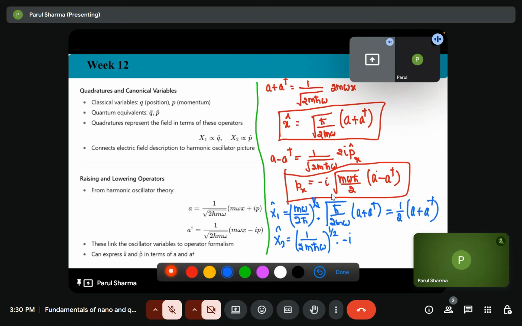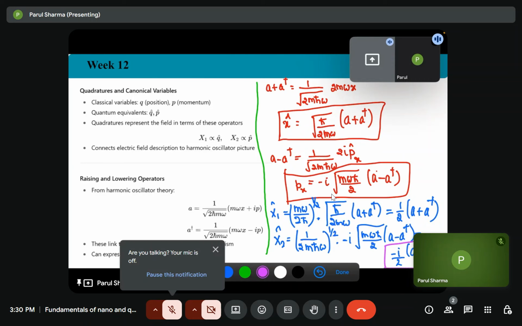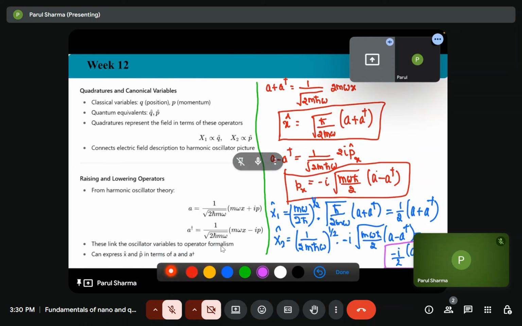minus iota by 2 times a minus a dagger, which will give us minus iota by 2 a minus a dagger. This is the difference between the eigenvalue of the raising and lowering operator. So now we have written the